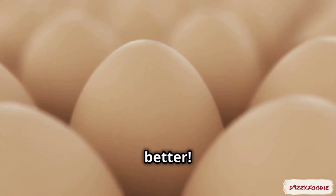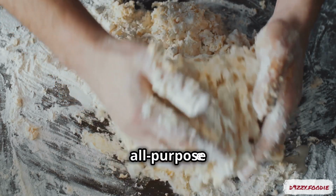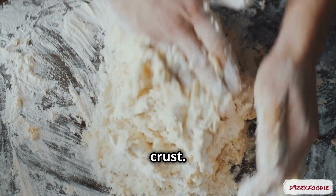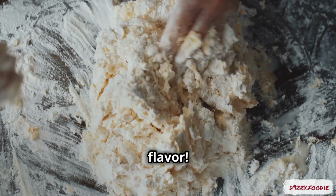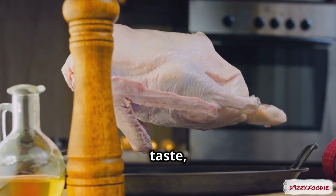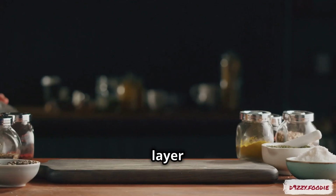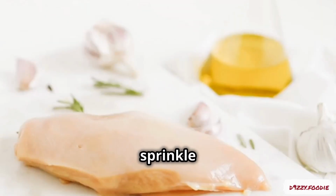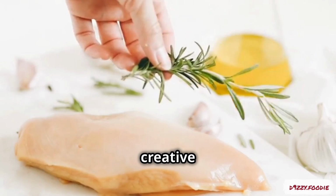The fresher, the better. We'll also need a cup of all-purpose flour for dredging, which will give our chicken a nice golden crust. Now, let's talk flavor. You'll need salt and black pepper to taste, of course. And for an extra layer of deliciousness, gather your favorite herbs and spices. I'm partial to a sprinkle of paprika, garlic powder, and dried oregano, but feel free to get creative and experiment